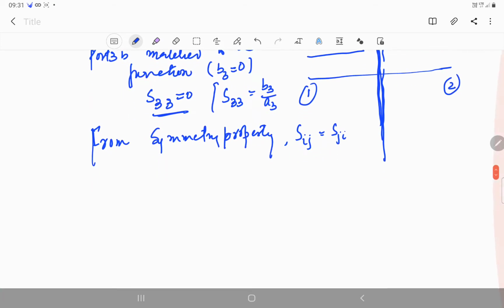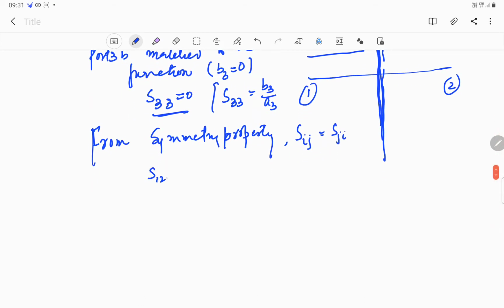So S12 is the same as S21, S13 is the same as S31, and S23 is the same as S32. Sij has to be the same as Sji. So our S matrix can be written as,